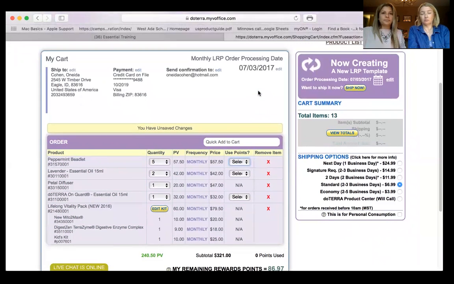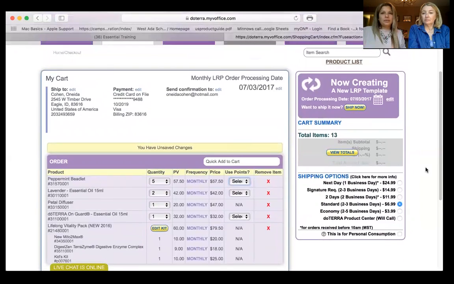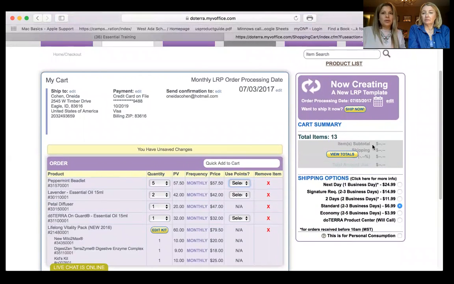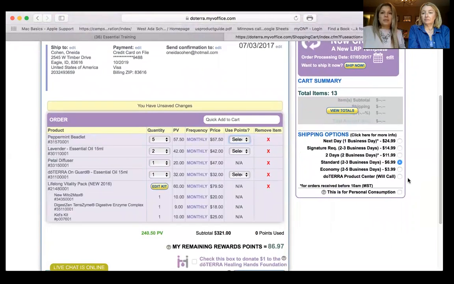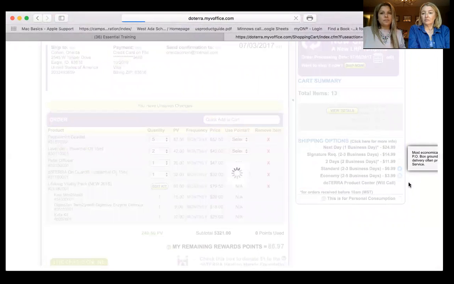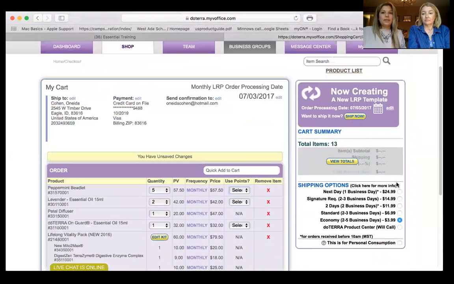And it's great. Okay. So in here on the right, you're going to see that you're creating your LRP. It's going to give you the view totals option. For shipping, I typically choose the 2 to 5 business days, which is only $3.99, and it's great.